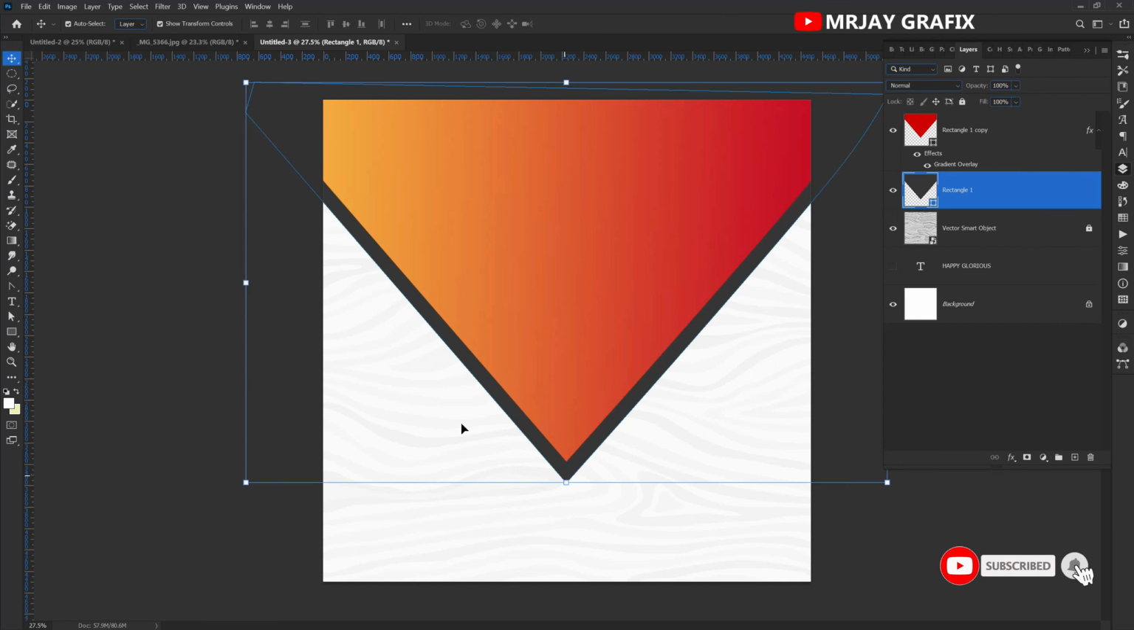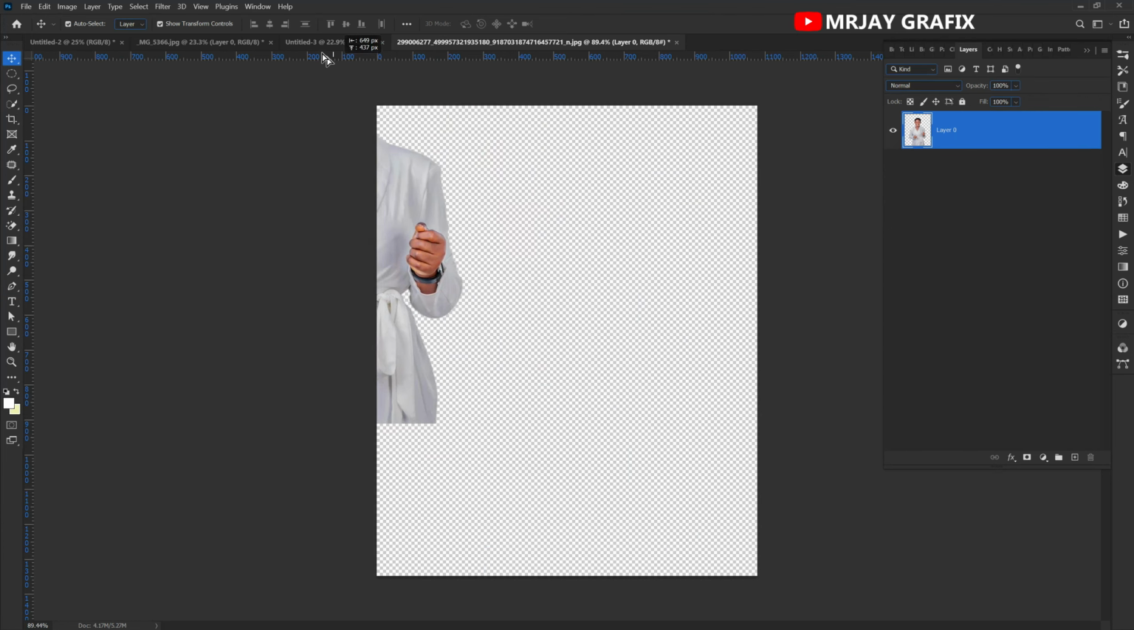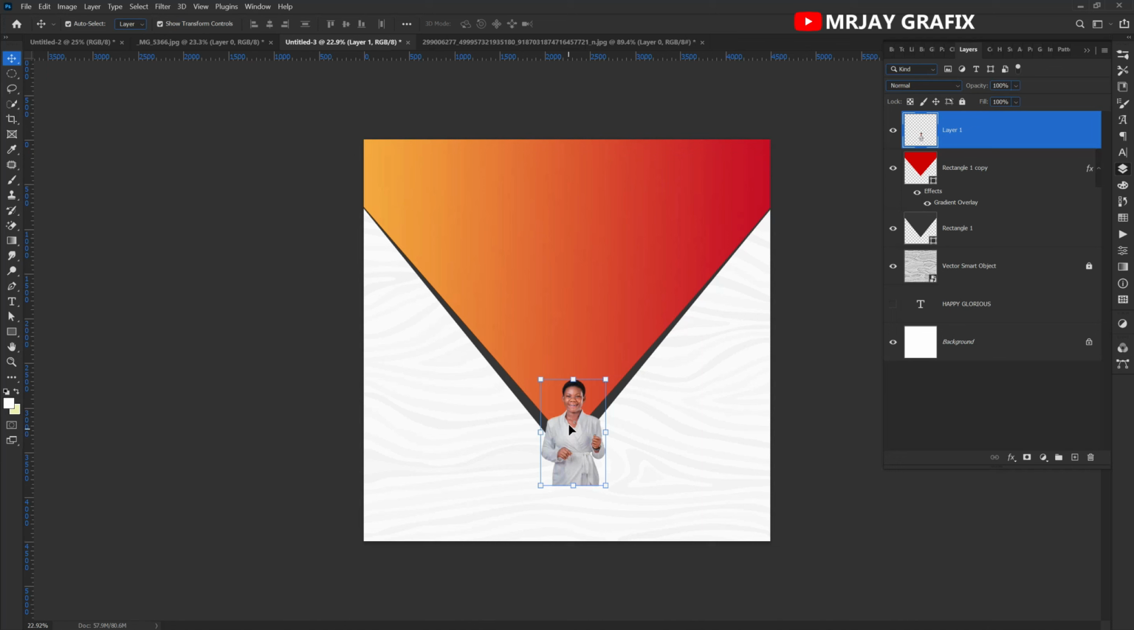Now what I'm going to do is go for your convert point tool, hold your control, then push this a little bit like this. So this is how it's going to be like. So I'm going to bring in my picture. So I'm going to use this picture,